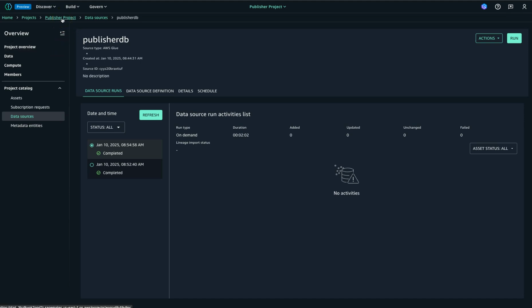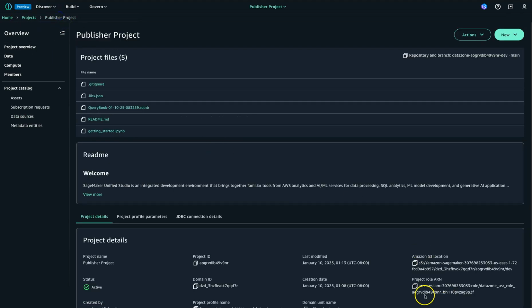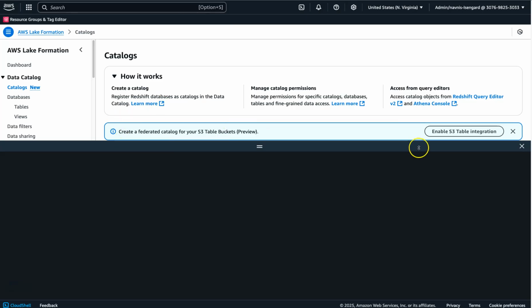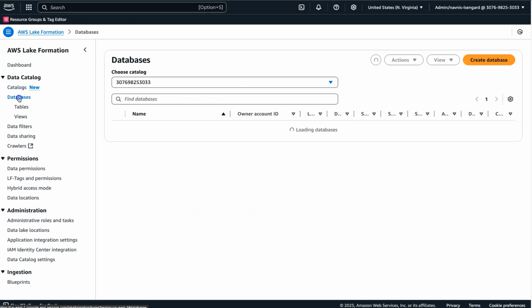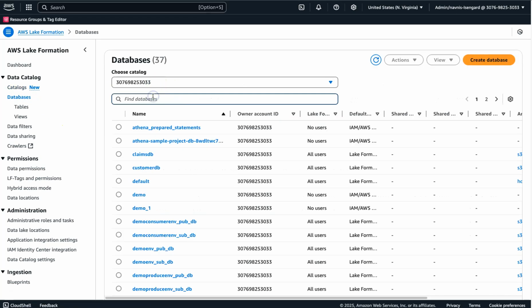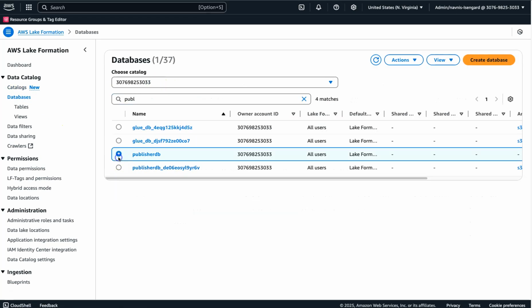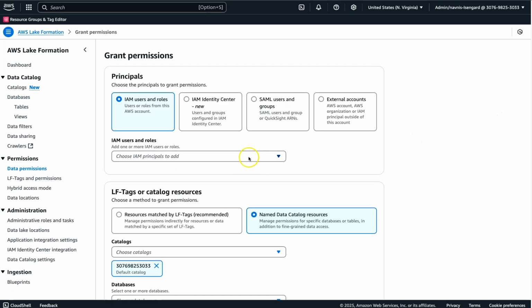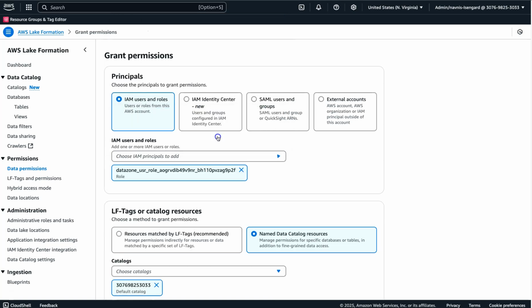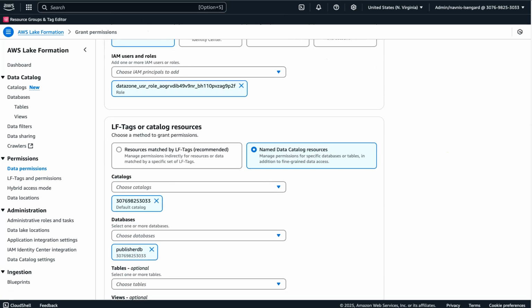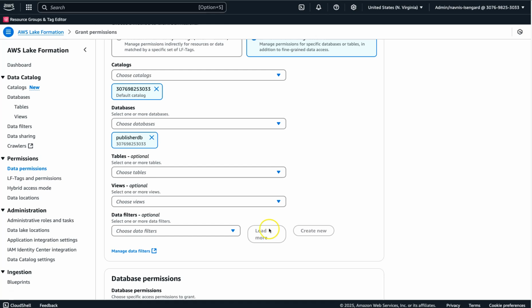So I will go into the publisher project and copy this ARN. Then I will go into Lake Formation. Let me close this. I will go into this publisher DB. Here I will go to Actions, Grant, and paste the ARN I copied, and thereafter I will be granting access to